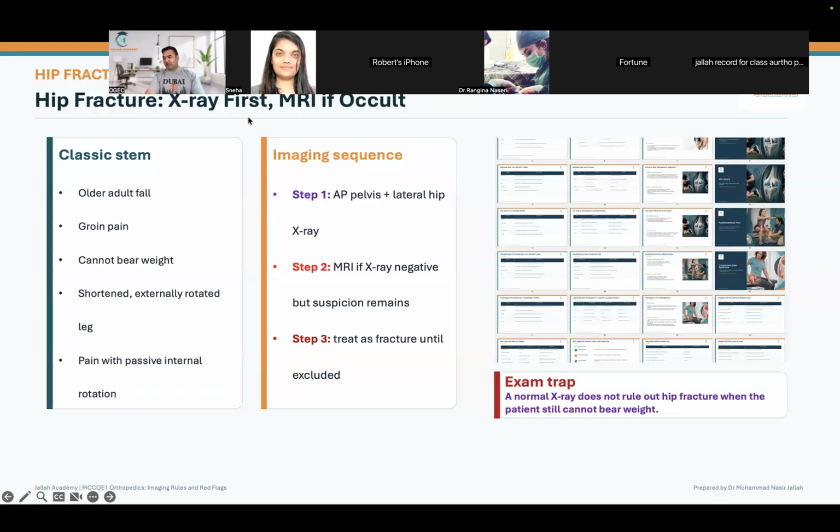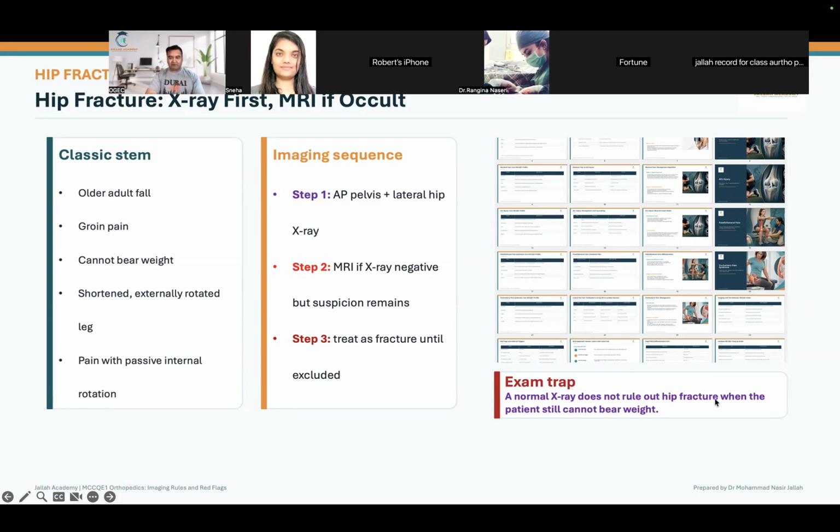Hip fracture: X-ray first, MRI if occult. I think we did cover this. The classic stem will be an older adult, fall, groin pain, cannot bear weight, shortened and externally rotated leg, pain with passive internal rotation. Imaging sequence: the first step will be the X-ray. If it doesn't help, what should I do? I'm going to do an MRI. If that doesn't help, obviously I have to escalate the treatment. Exam trap: a normal X-ray